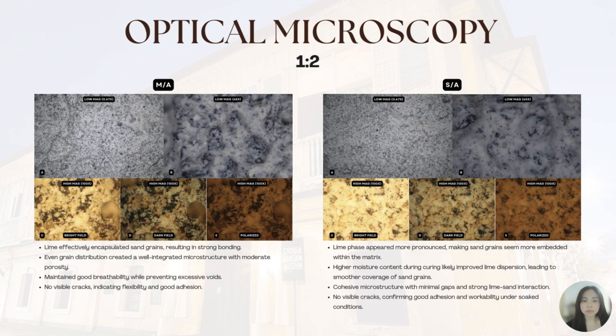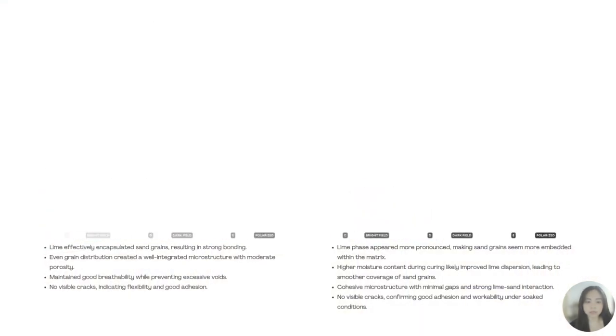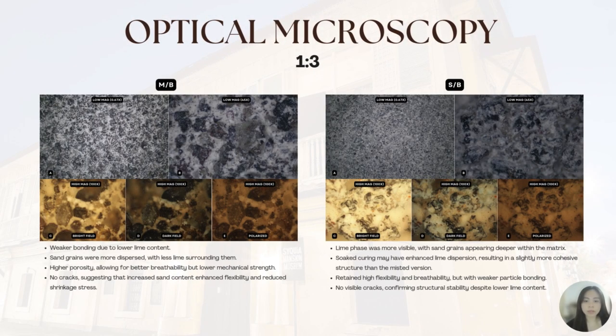This suggests improved lime dispersion and adhesion. The misted condition showed weaker binding due to lower lime content, leading to higher porosity but better moisture permeability. Despite its looser structure, no cracks were detected, indicating flexibility. Under submerged curing, lime dispersion improved, embedding sand grains more effectively, but the reduced lime content still limited particle bonding